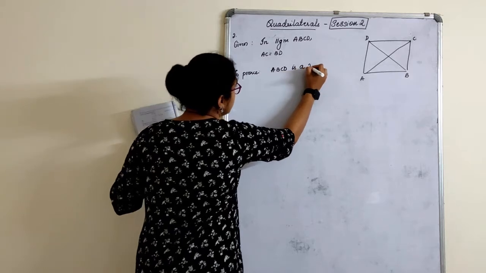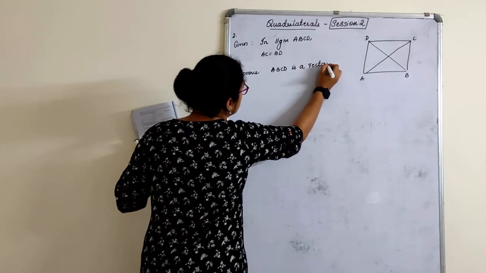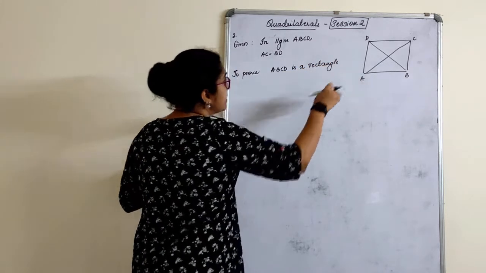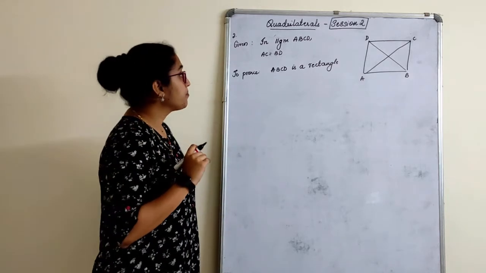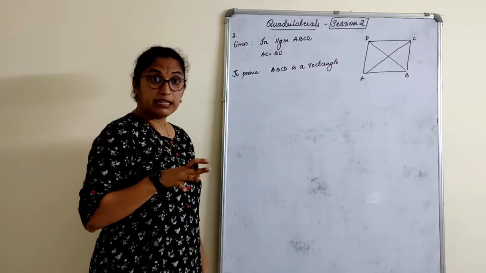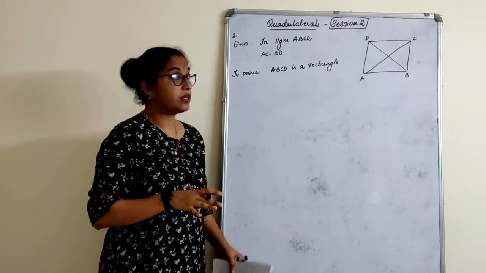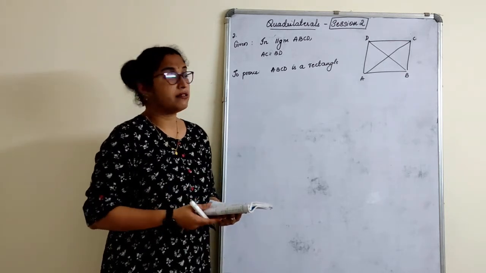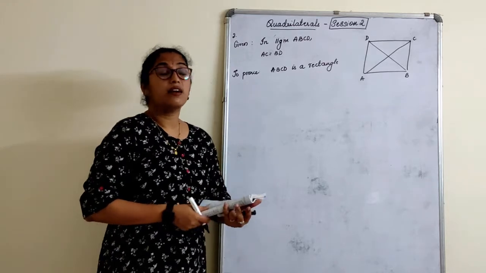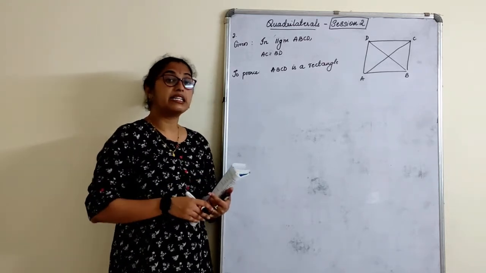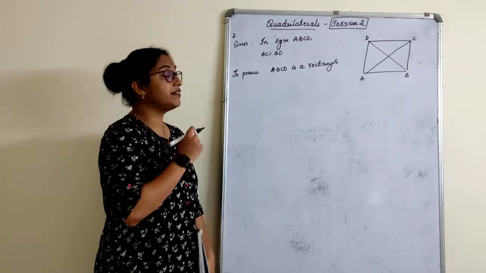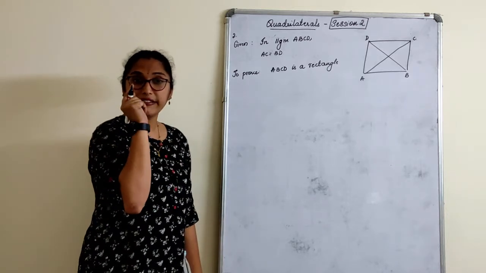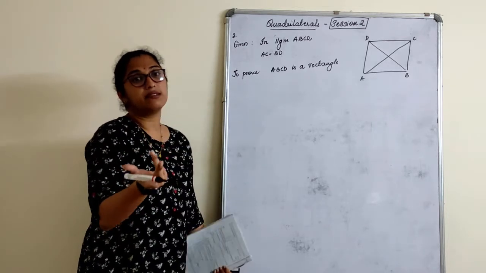ABCD is a rectangle. Now see, in a rectangle, opposite sides are equal, parallelogram same thing. Now, diagonals are equal? Yes, diagonals are also equal. Diagonals bisect, in a parallelogram also they bisect. So it doesn't matter, it's the same. The only thing is, in a rectangle, all the angles are 90. That means in the given question I have to prove that at least if one angle is 90, then all angles will be 90.